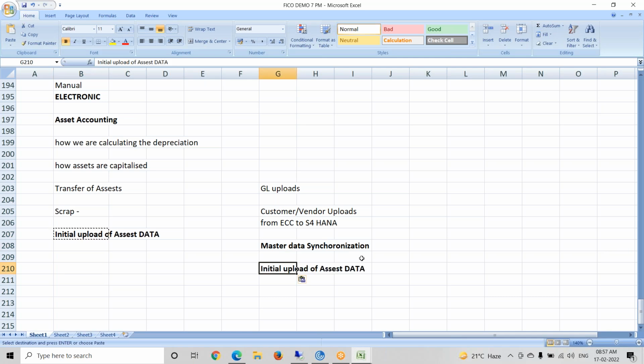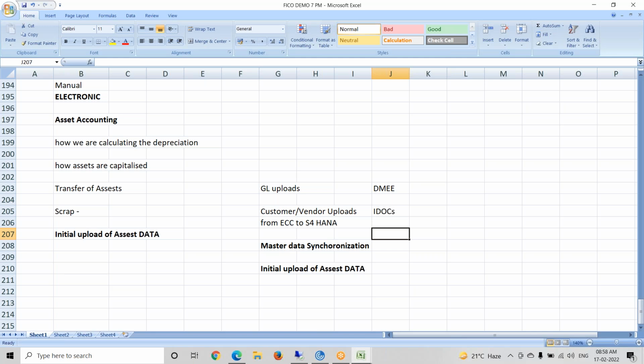After this, we have to learn additional topics like DME, which is one additional topic we have to learn. Then IDOCs, how these IDOCs, intermediate documents, or we can say interfaces, are created. So how these documents are posted automatically. Okay.